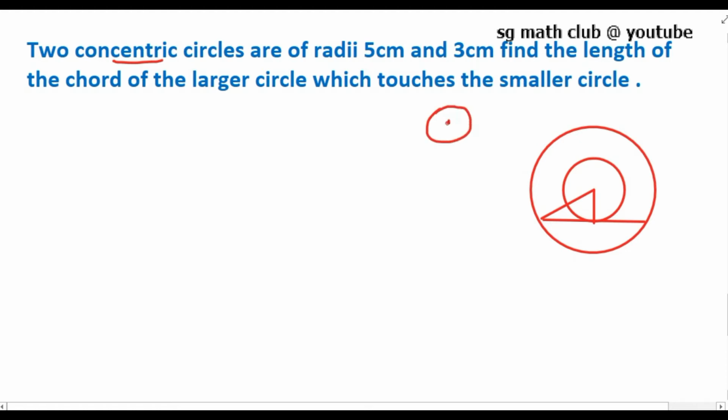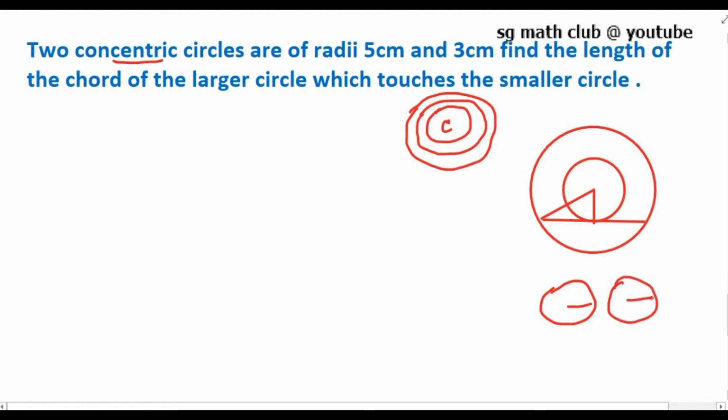I can draw one circle with this center. Again I can draw another circle with the same center. So these are concentric circles. One more circle I can draw. Concentric circles are circles with the same center but different radius. And congruent means the two circles are said to be congruent if they are of the same radius but different centers. These are congruent circles. This is 2 centimeter. This is also 2 centimeter. Same radii but different centers.